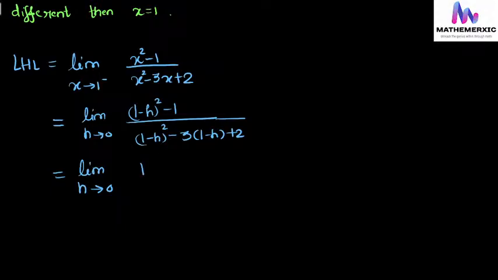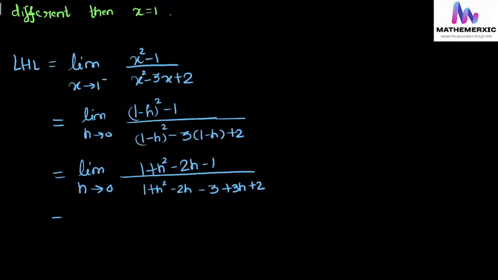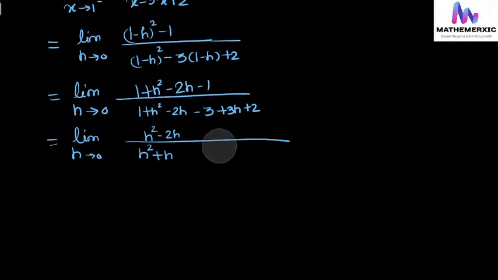So 1 plus h square minus 2h minus 1, upon 1 plus h square minus 2h minus 3 plus 3h plus 2, and limit h tends to 0. This will be h square minus 2h, and it will be h square plus h, and obviously